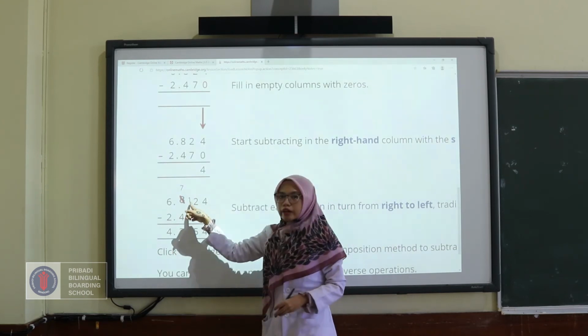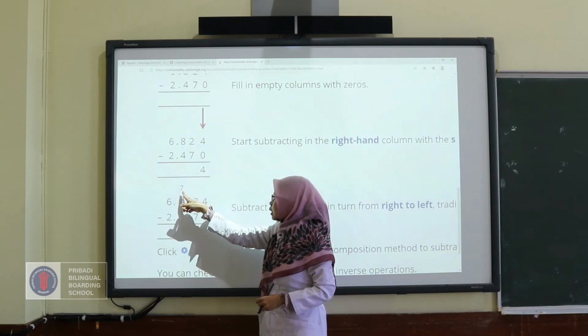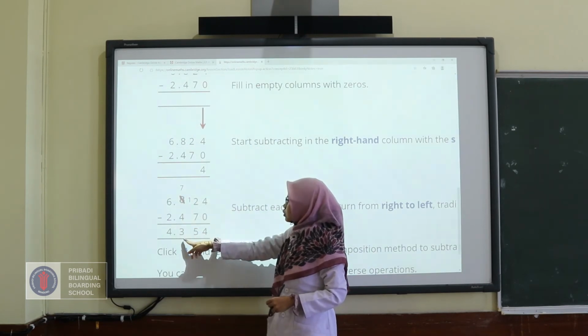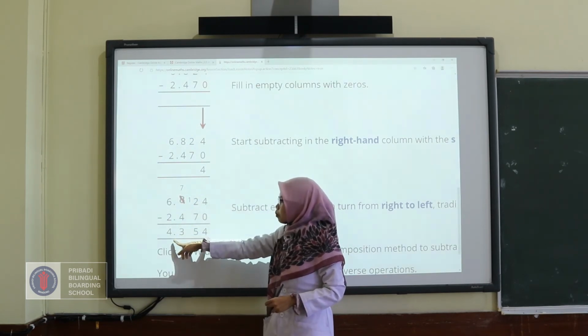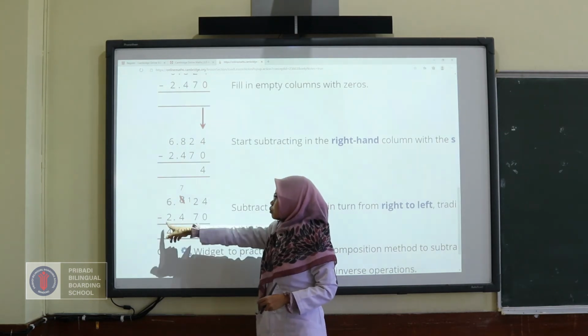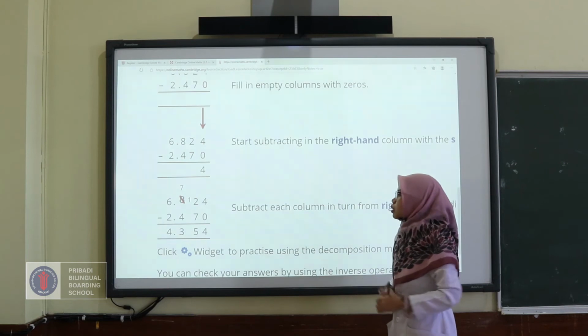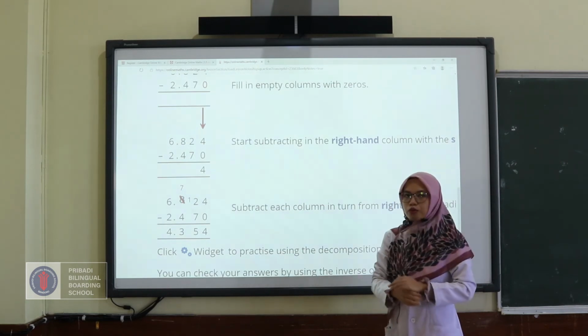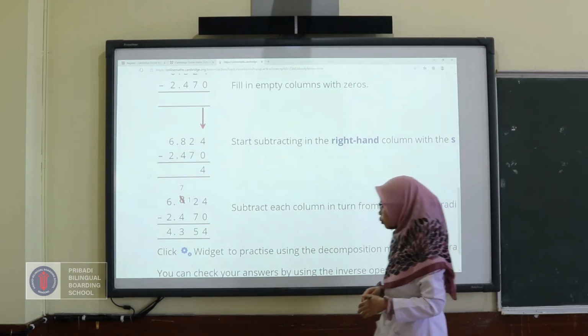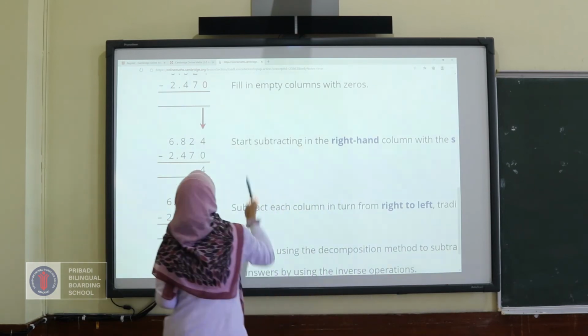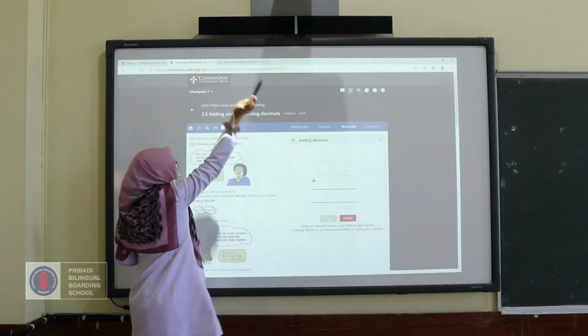And then 8 is no longer 8. It is 7 now. So 7 minus 4 is 3. Don't forget to put the point in line. And then 6 minus 2 is 4. So the answer is 4.354.